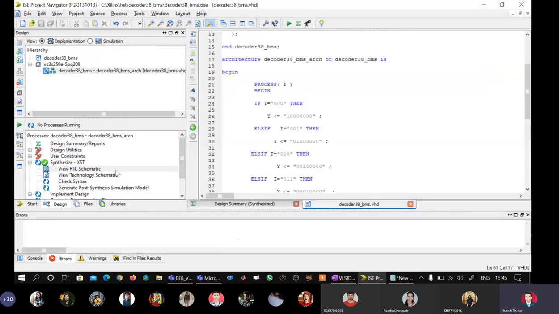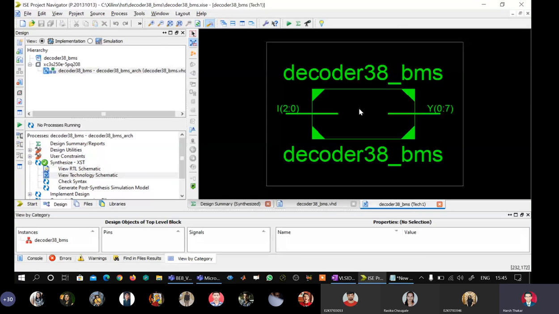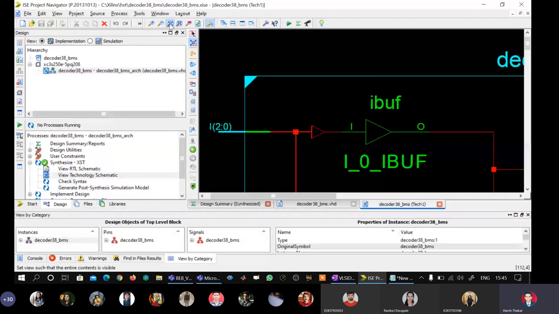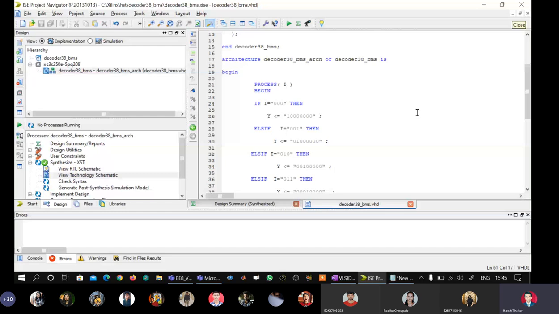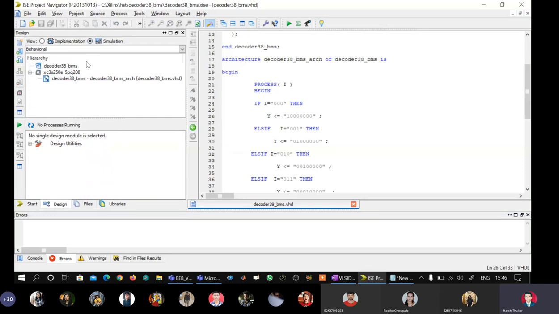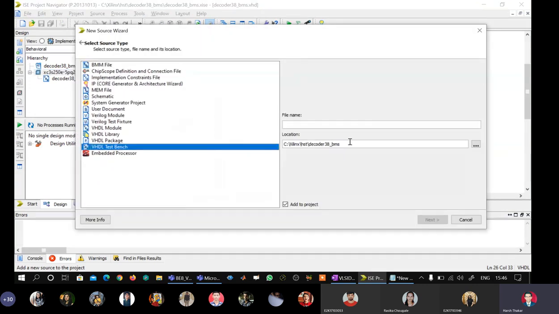ROMs are used. Technology schematic. Go inside. Same thing has been used. Okay. What is more interesting is to write a test bench and see how one is being shifted. So I will write a test bench for this. I will go to the simulation button and go to the target line and right click, new source, select VHDL test bench, and I will give a name similar to my entity name but with some indication. I will say let the name be _TB.